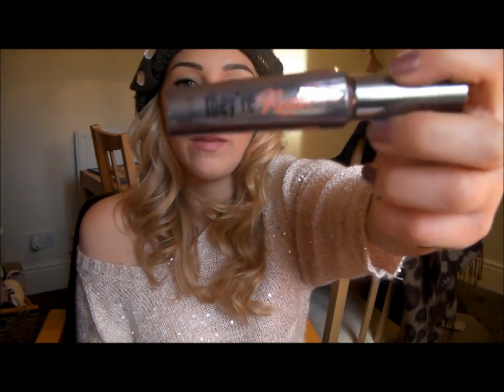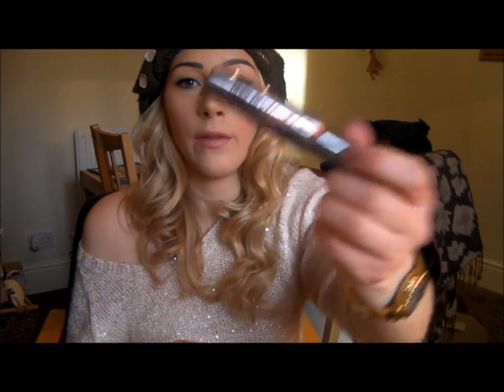Mascara wise, I know I've only had this a week, but I really am enjoying this, and I think this mascara is very, very good, and it's Benefit's They're Real mascara. If you like long, separated, really curly lashes, then you're going to really like this mascara. It doesn't smudge, it keeps the curl in all day, and I think it's really nice. It's possibly not as volumizing as I like. Most mascaras I like to layer and layer and get really black, voluminous, thick lashes, but this one you